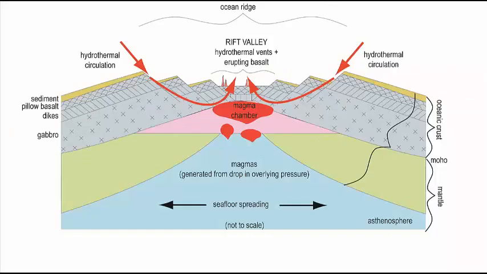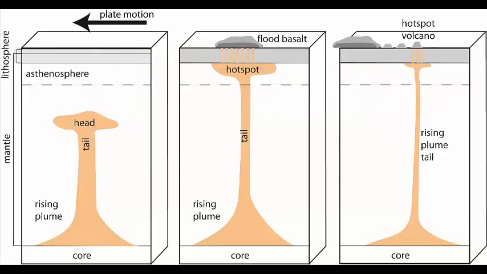Where plates are diverging, the crust is thinned, which drops the pressure on the underlying mantle and lowers its melting point, causing it to melt. Those magmas rise to the surface to produce volcanoes along continental rift zones, or volcanism along seafloor spreading centers. And where mantle plumes rise from deep within the mantle, large volumes of mantle are melted by addition of heat. These magmas rise to the surface and create large hotspot volcanoes, associated with orders of magnitude more magma supply than